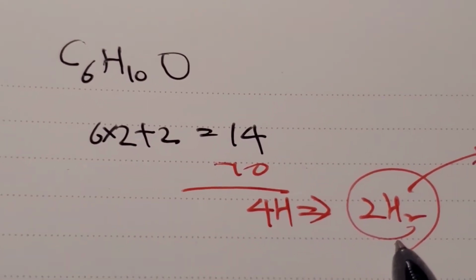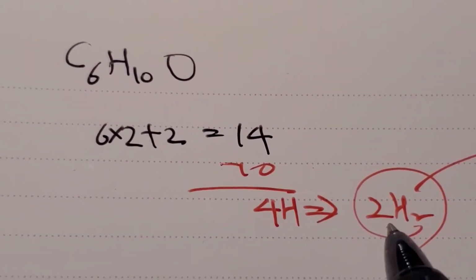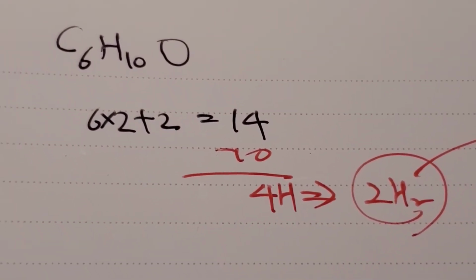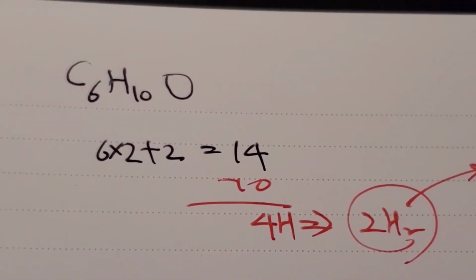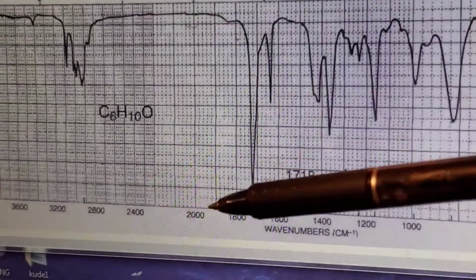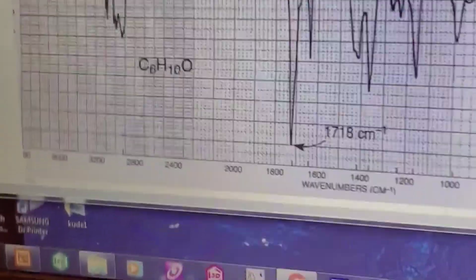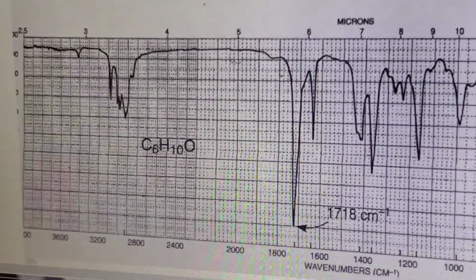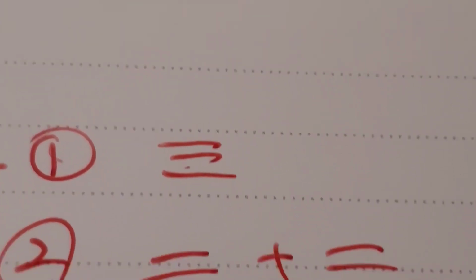Then what are the cases you can think of to have 2 degrees of unsaturation? Remember, each degree of unsaturation can be 1 pi bond or 1 ring structure. So when you have 2 degrees of unsaturation, you can think of a triple bond. So do you have a triple bond? Where do you go for a triple bond? 2200, which is around here, is very clean, right? So there's no triple bond. And it could be 2 double bonds, or 1 double bond and a ring,